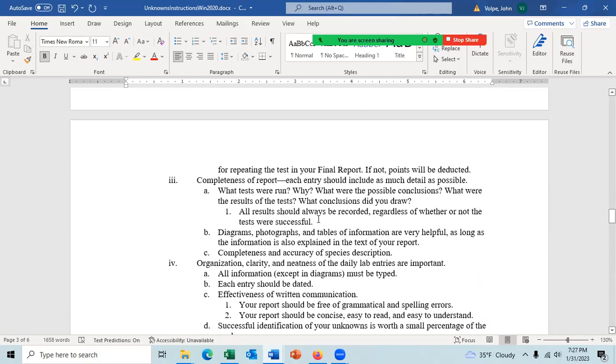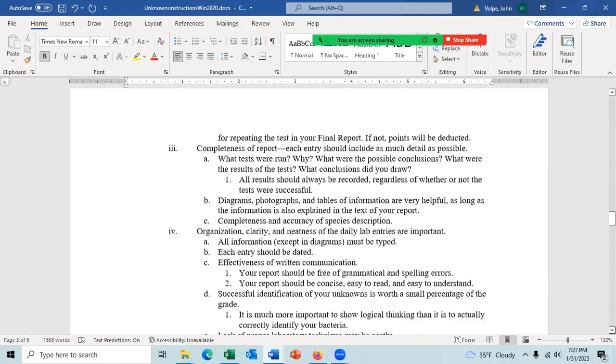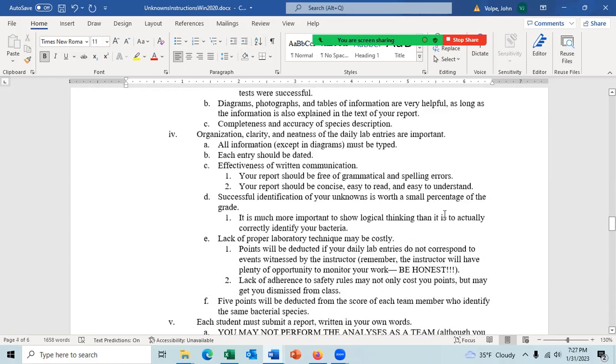So the results should be in your lab report as well as the interpretation, and that's what we mean by conclusion. How well the paper is organized, its clarity, its neatness will count. If it's not neat, if it's not organized, you'll get a deduction.